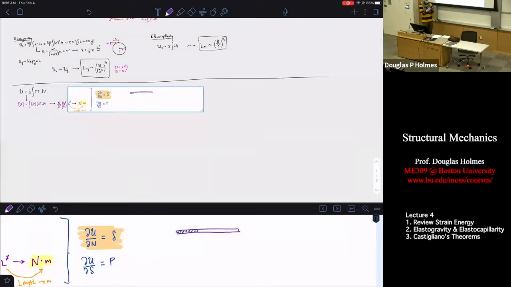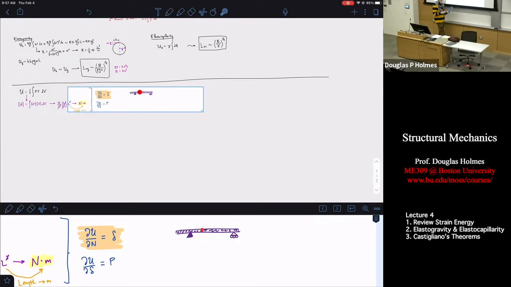So say I have an object here. Here's my beam. Maybe it's sitting on a little post here. Maybe it's sitting on a roller over here. And for some reason, it's really important for me, if I know what the deflection is right here, I want to know what the vertical deflection, so the deflection in the, I don't want to draw that. It's going to seem like I'm drawing a force. If I want to know what the vertical deflection